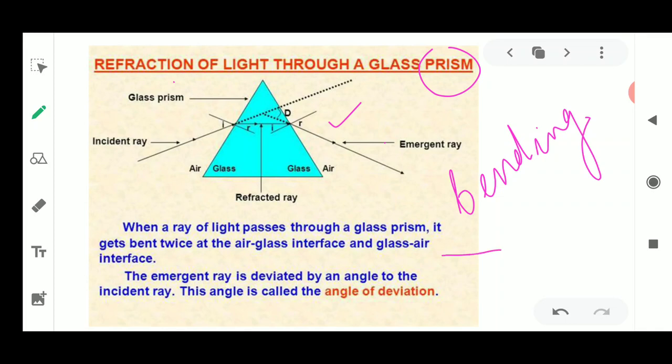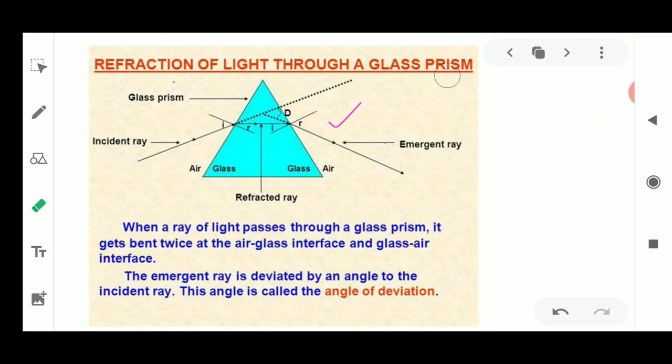If it is coming in this way and a refracting surface is kept, sometimes it bends towards the normal, or it bends away from it. So this bending is a phenomenon which takes place when there is a difference in the refractive index. We have seen about refractive index in the previous classes also. The refraction taking place through a glass prism is a bit different from what we studied under refraction through a plain glass slab.